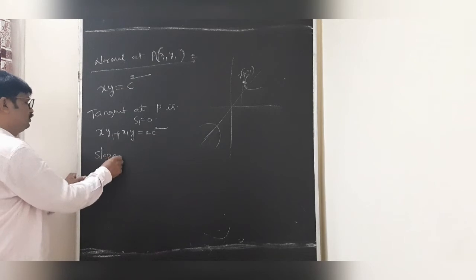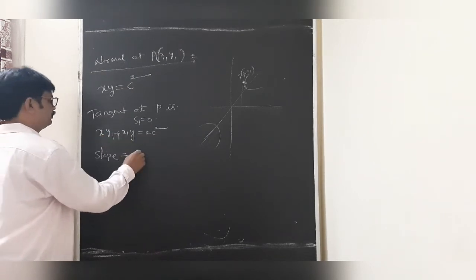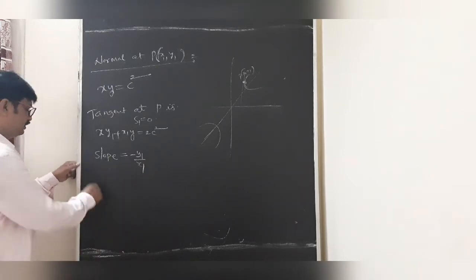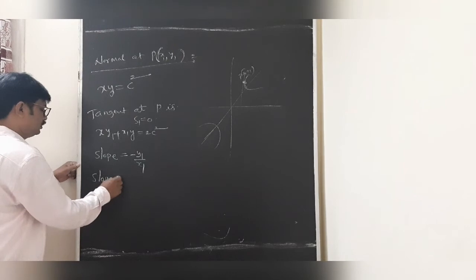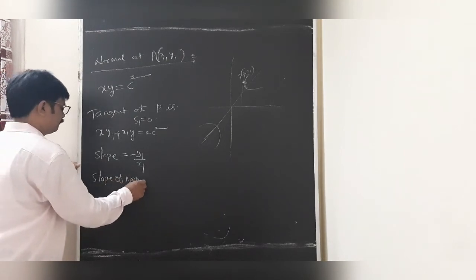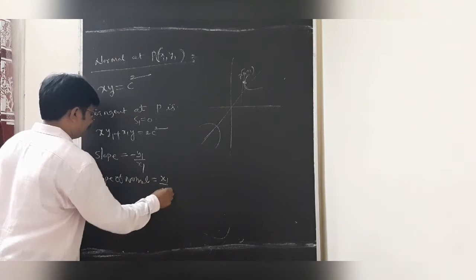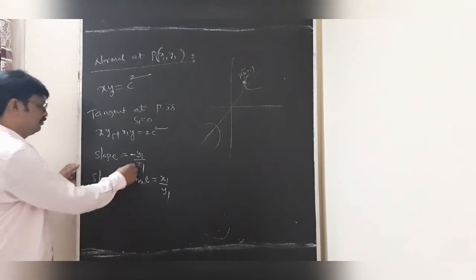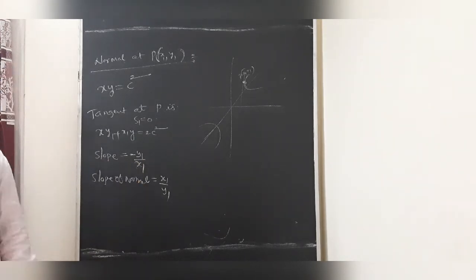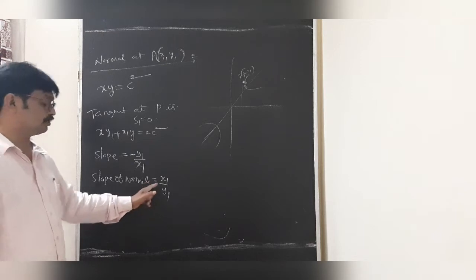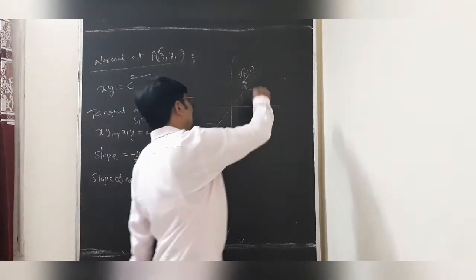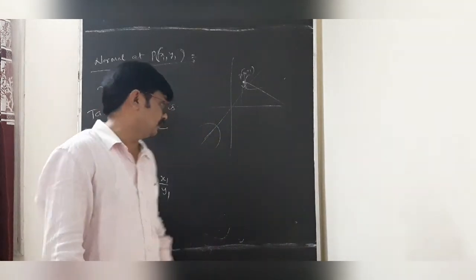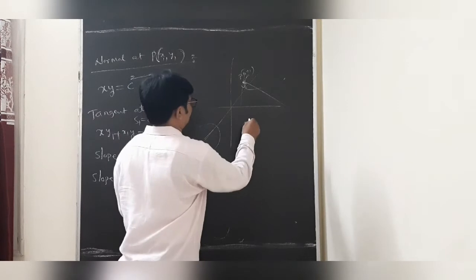So this is what is the slope. The slope is minus of a by b, that is minus y1 by x1. This is the slope of the tangent. Now students, the slope of the normal is x1 by y1. We have to know that, change the sign, and y1 by x1 becomes x1 by y1. So students, the equation of the normal having the slope x1 by y1 and passing through x1y1 is, so students, the equation of the normal.